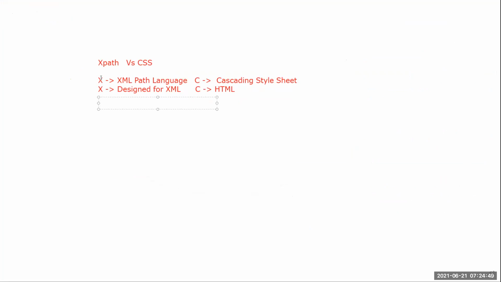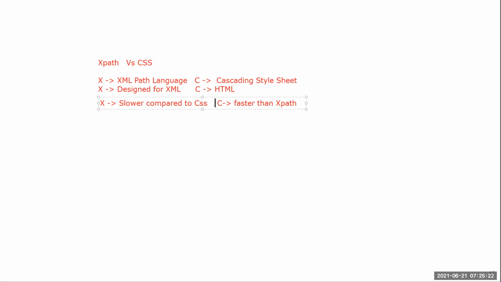So XPath is designed for XML language, whereas cascading style sheet is designed for HTML. Now, XPath is slower when compared to CSS. CSS is faster than XPath.